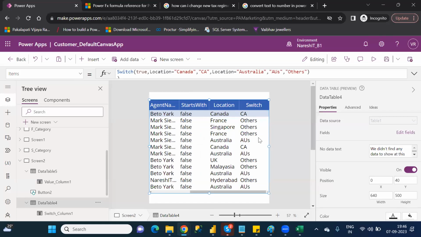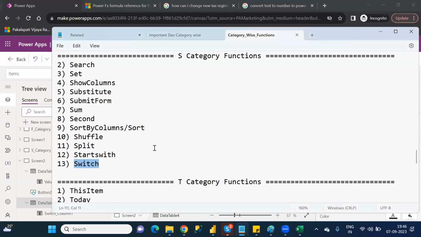Switch means, see, even If is also doing the same thing, right? In Power Apps, If is doing condition, statement, condition, statement, and Switch is also doing like this. Understand clearly or not? Both are like, based on the condition, if you want to return the statements, then either the If or Switch functions you have to use. Understand clearly or not? This is how you have to use it. Next one is